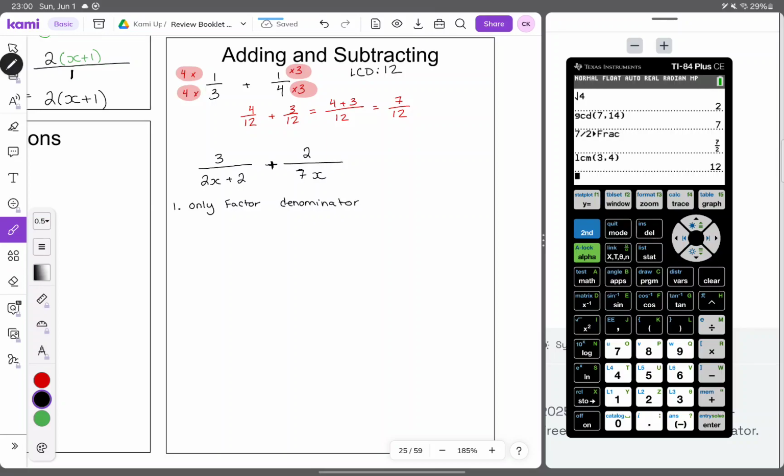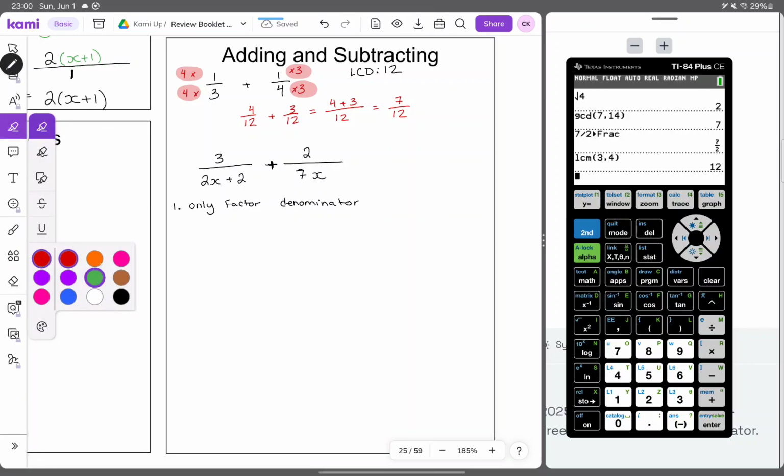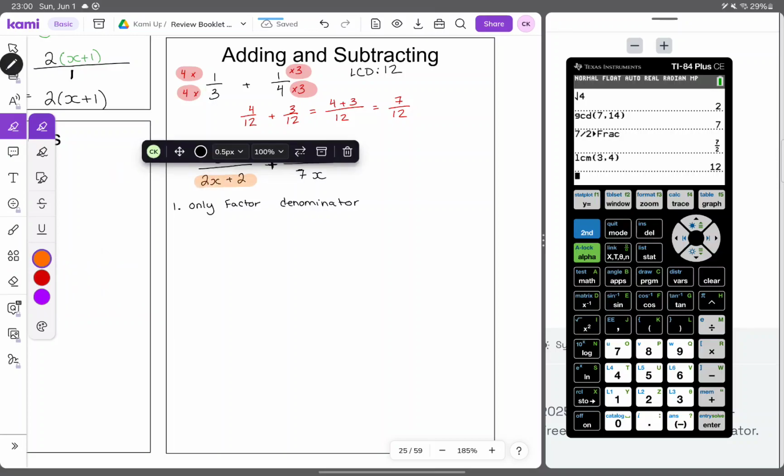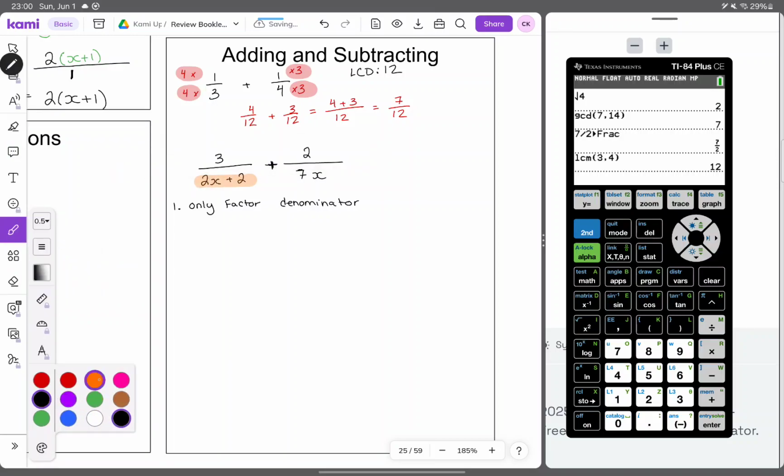This one only has one factorable thing. The only thing I can factor is I can factor a 2 out of here. So this is going to become 3 over 2x plus 1. And this guy is going to stay the same. All right, so